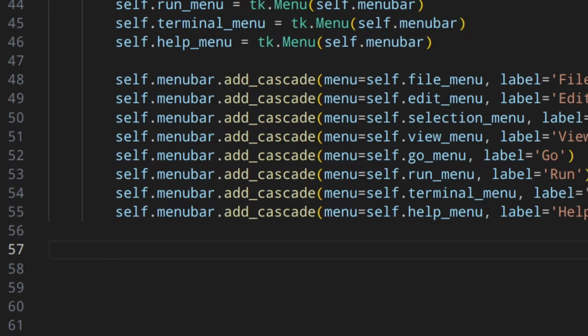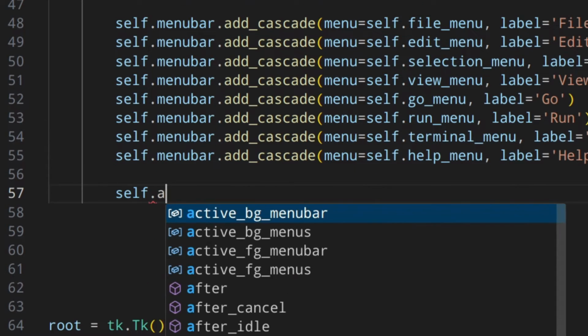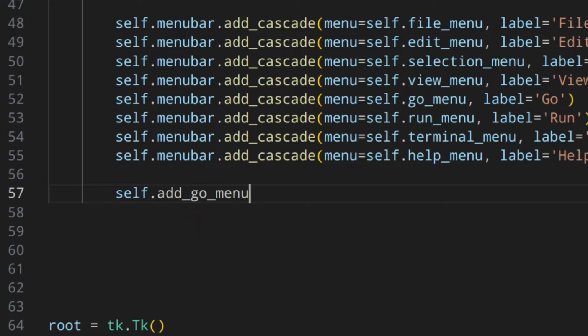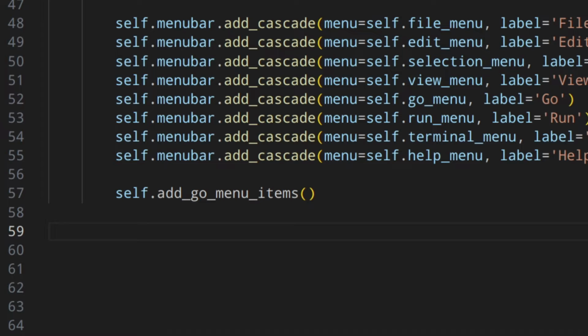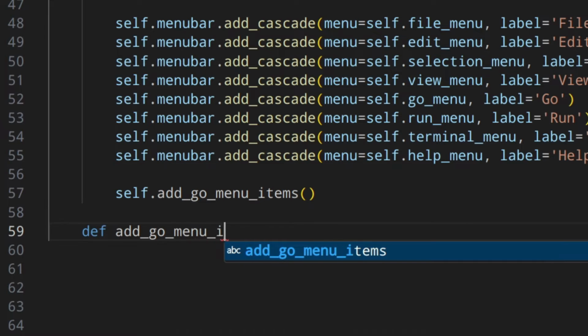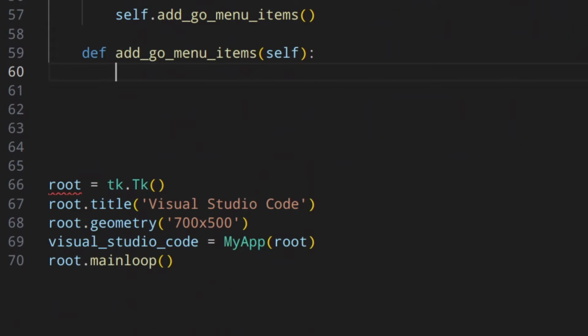So basically I'm going to do something like this. Down here, I'm going to call self.add_go_menu_items, which is something that I'm going to create now. So here I'm going to do def add_go_menu_items(self), and here we need to add the elements in the go menu.